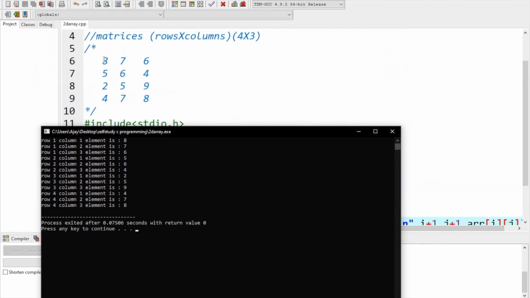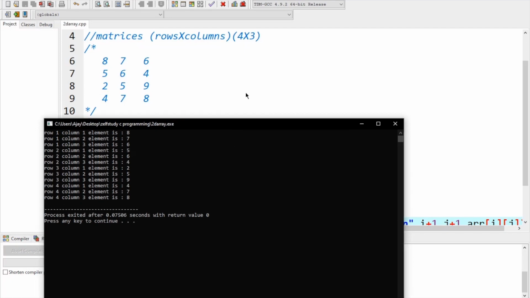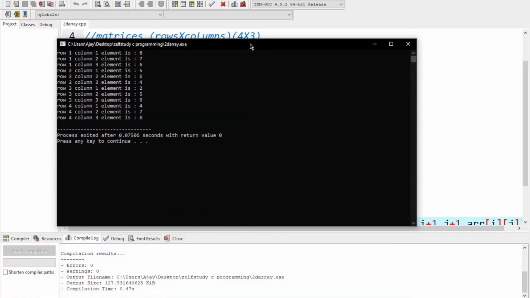Row 1, column 1. What is row 1, column 1? 8. Row 1, column 2 is 7. Row 1, column 3 is 6. Row 2, column 1 is 5. Okay. So we have declared this